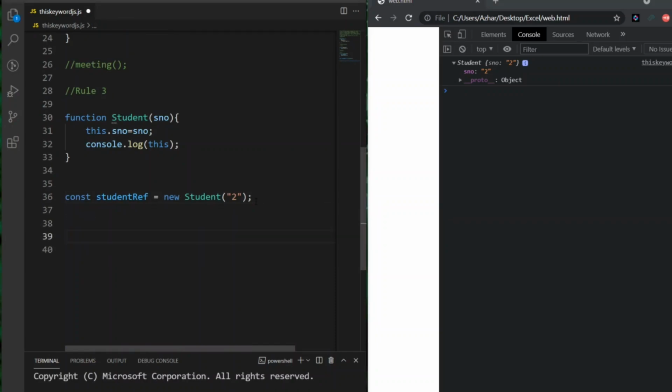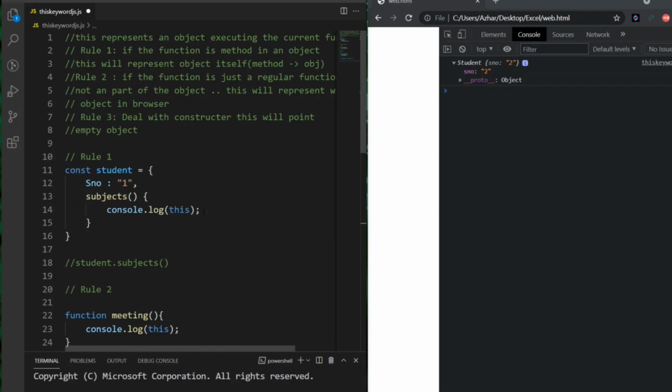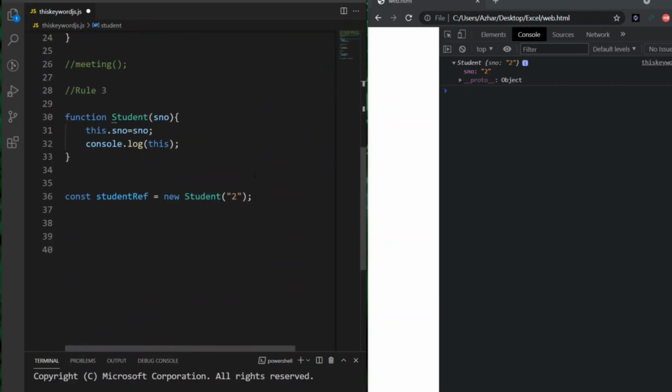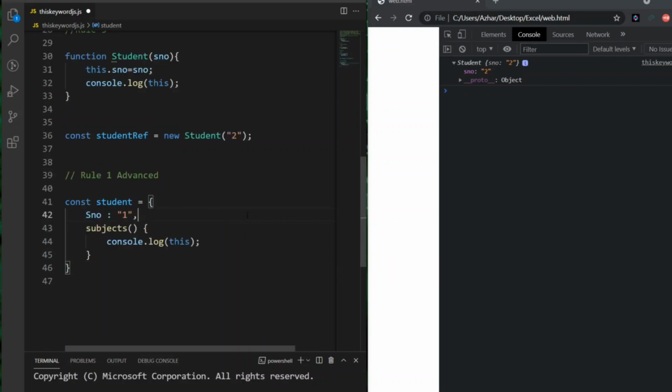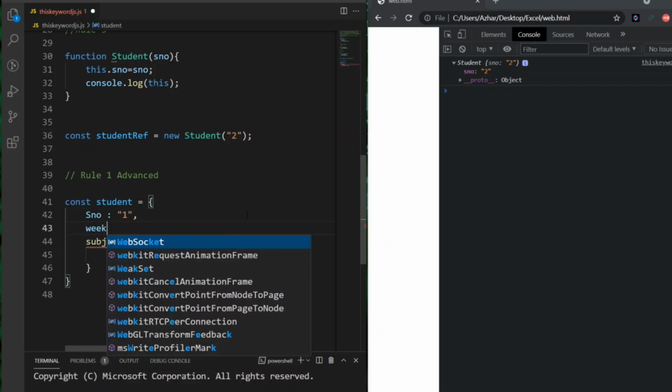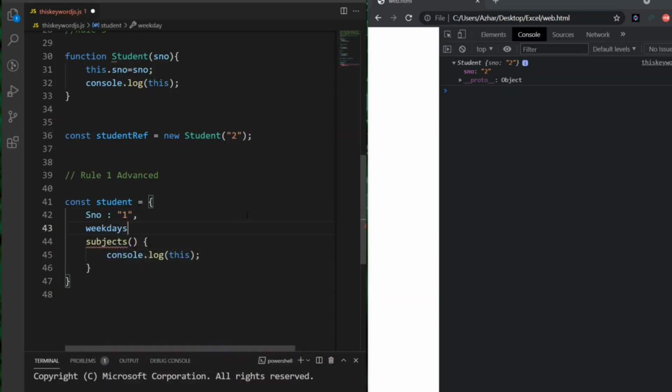So let us see one more example where we can see the rule number 1 in a different way. Rule 1, I'll write just rule 1 advanced. I'll copy the code. So I'll take one more variable, weekdays, as an array.